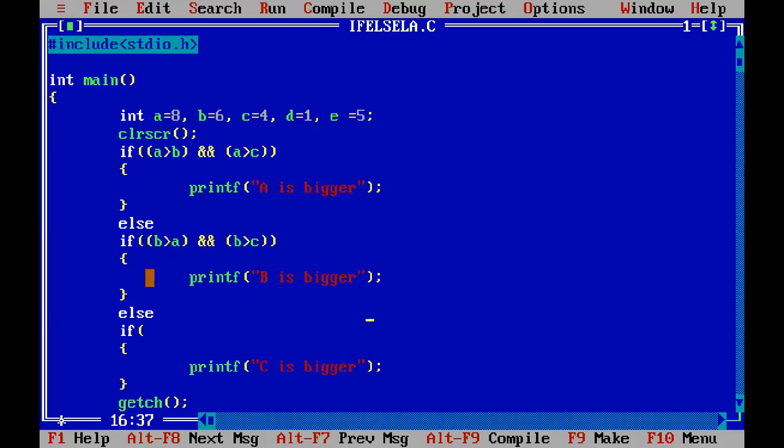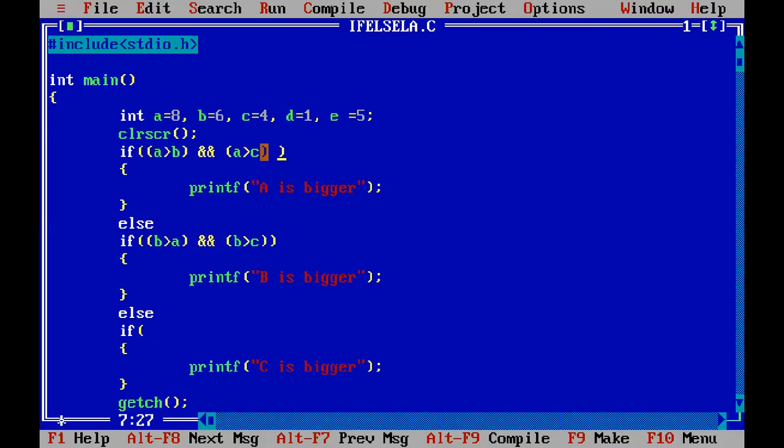Now I am to check. So what I will do is, my if else ladder will go on increasing. It will be longer than this because I have to check for all the values. I have checked for A, I have checked for B. Now I will check for C. This will also not be enough because here I am checking the value of A against B and C only. What about D and E? So that condition will also be lengthier.